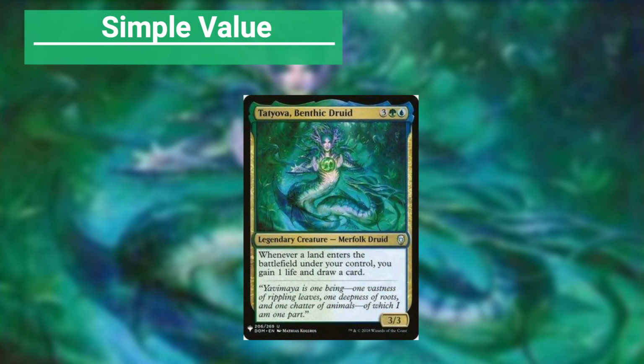And though not our commander, but definitely a good second in command, we have Tatyova, Benthic Druid. Whenever a land enters the battlefield under our control, we will gain a life and draw a card off of her ability. And our final creature, the most expensive card in the deck, and one in my opinion is the